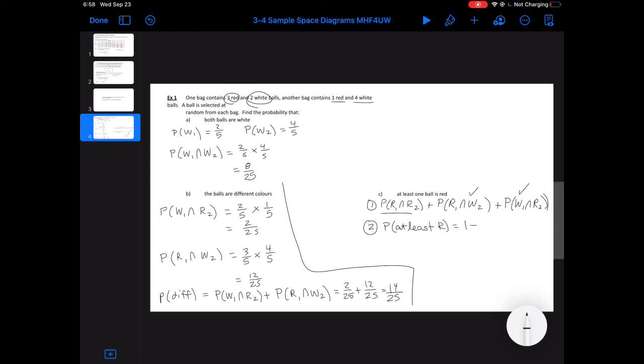The second approach that we can actually do is if we have at least one red, we can do that as 1 minus the probability that they are all white. So we've got 1 takeaway 8 over 25, which would be 25 over 25 minus 8 over 25, which is then going to give us, let's see, 25 minus 8 would be 17 over 25. That would be our probability for at least one red. You can write it in words or you can write it in mathematical